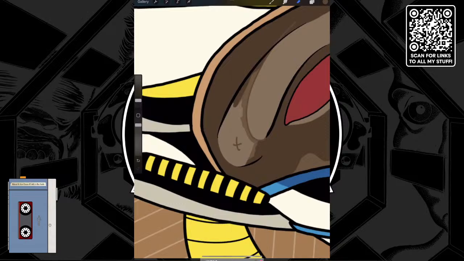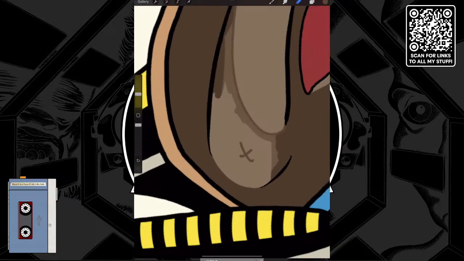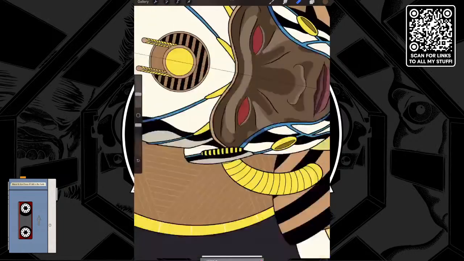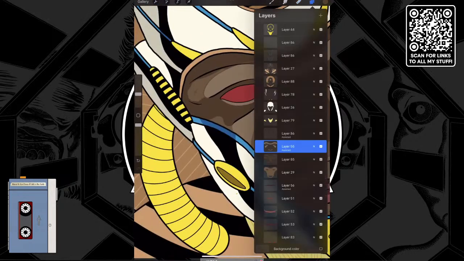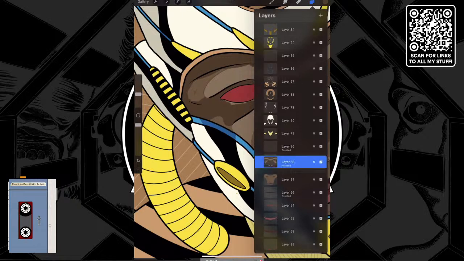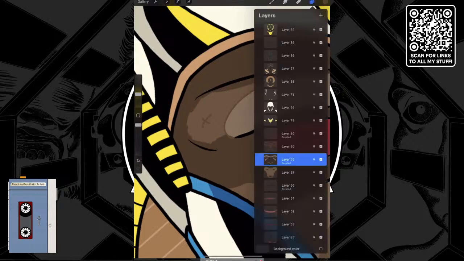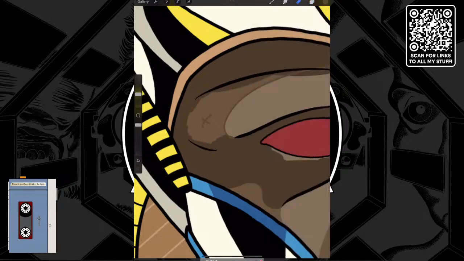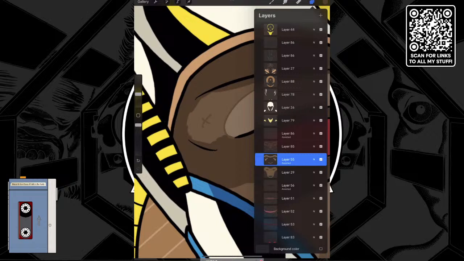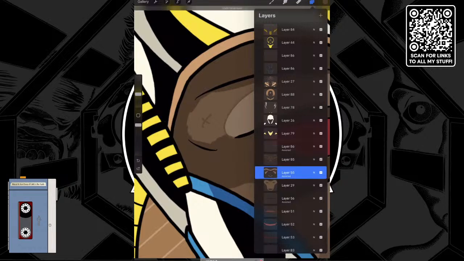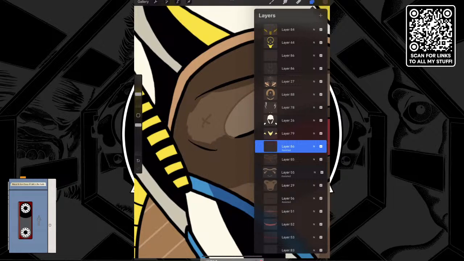Obviously, if I don't like this, I'm going to have to come back and undo all this. But it's okay. I'll figure it out. All right, now I can push this back down under here so that it's behind that. Okay, hold on. Okay, I'm going to push it back up because, what? Oh, wrong layer. Sorry. Okay, this layer is where it needs to be.